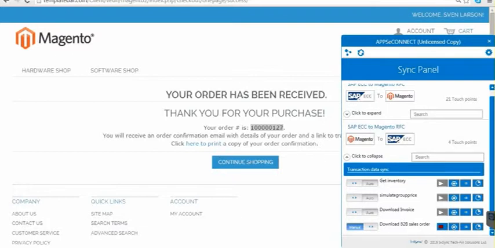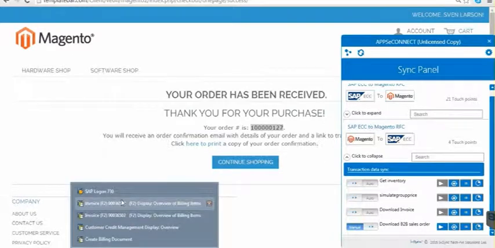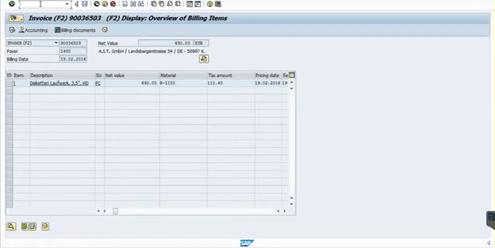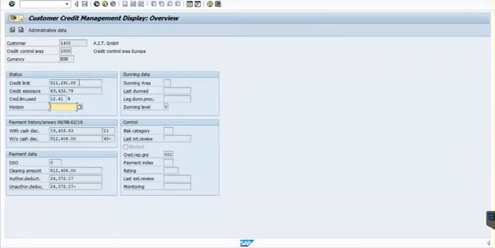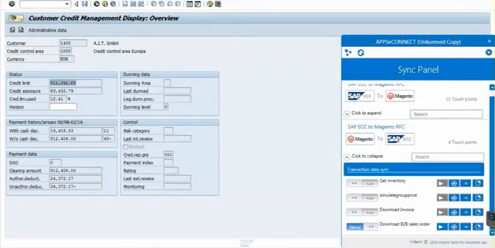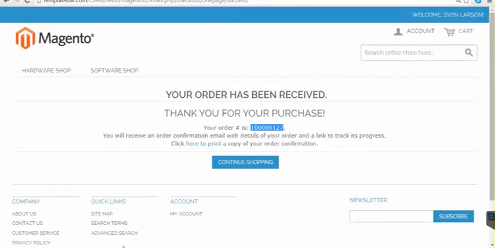So before this, let me just show you the same thing on the SAP ECC side. Let us say we go to this customer. We have this credit limit that we showed you on the Magento side.